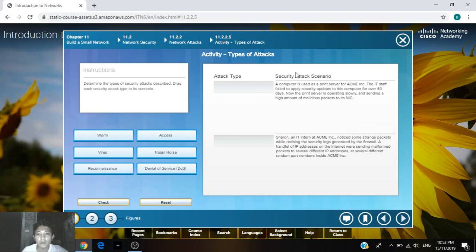So here's the scenario. A computer is used as a print server for ACME Incorporation. The IT staff failed to apply security updates to this computer for over 660 days. So now the print server is operating slowly and sending a high amount of malicious packets to its NIC. So I think this type of attack will be the more